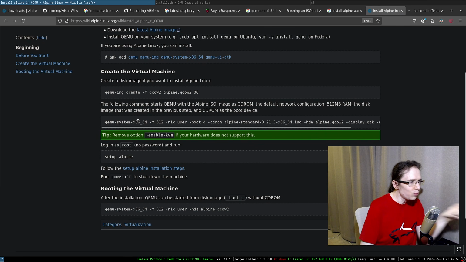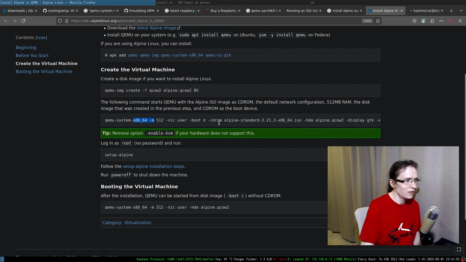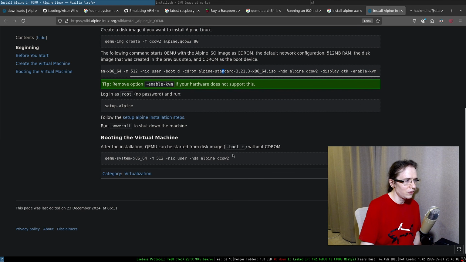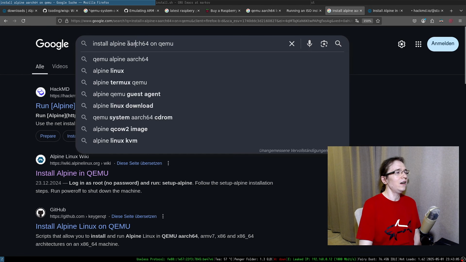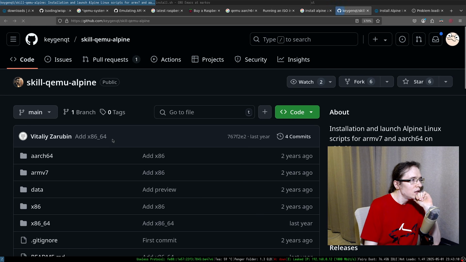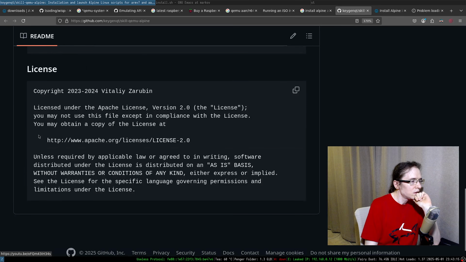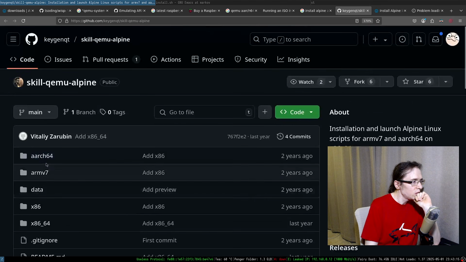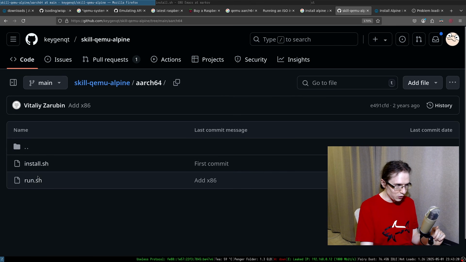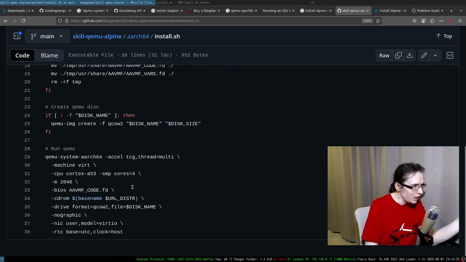We finally found... What is this, x86-64? Bro, I don't care about x86-64. I know about that stuff. Bro, this is useless. Didn't I say aarch64? Install Alpine on QEMU. Okay, cool, and aarch64. Installed it, SSH. This is literally my scripts, aren't they? Okay, so we're talking...